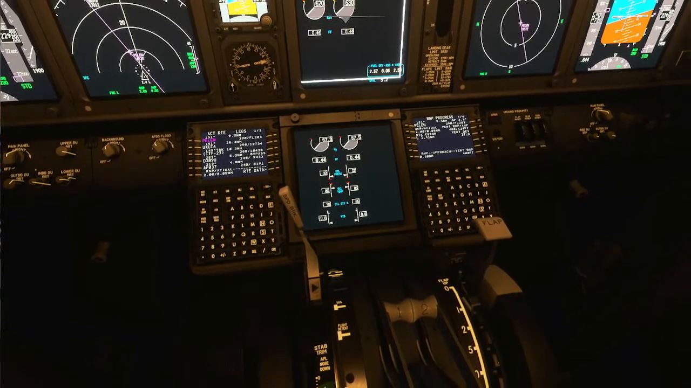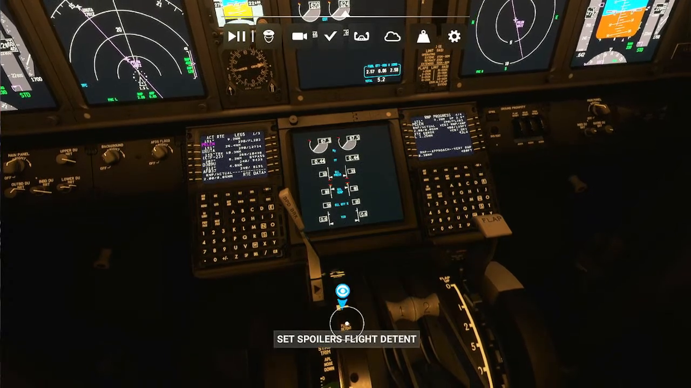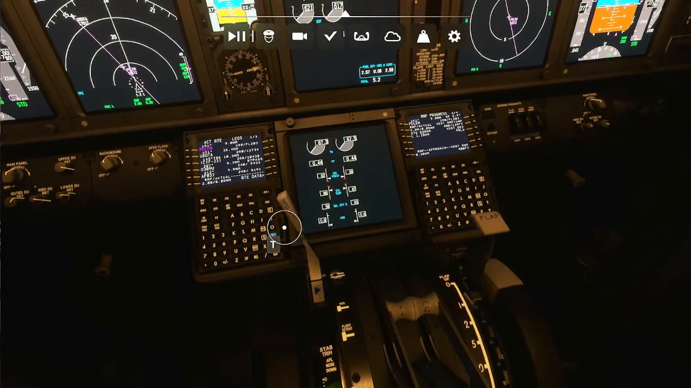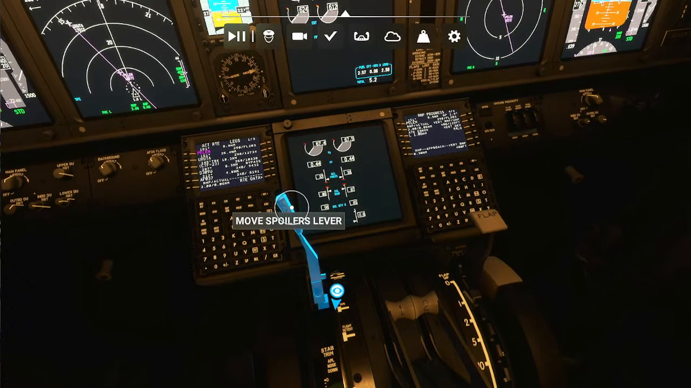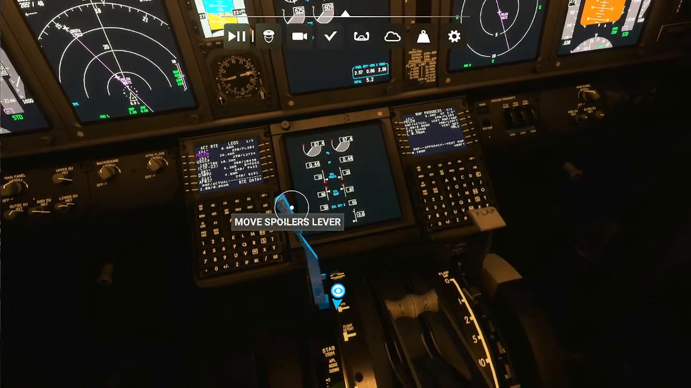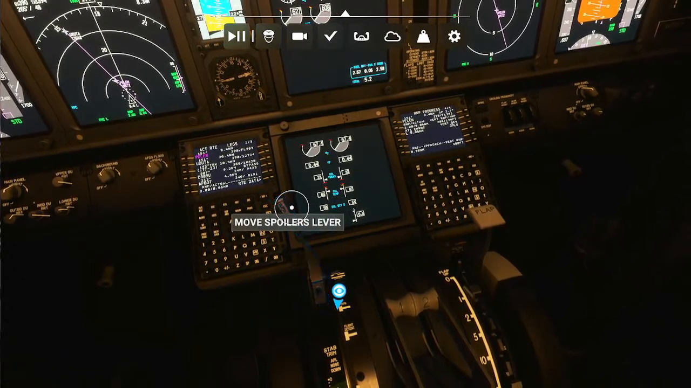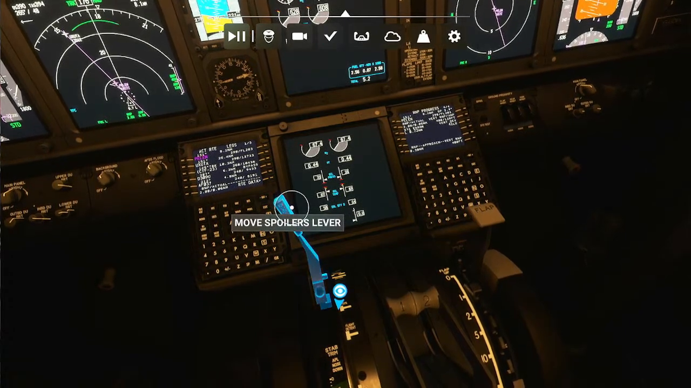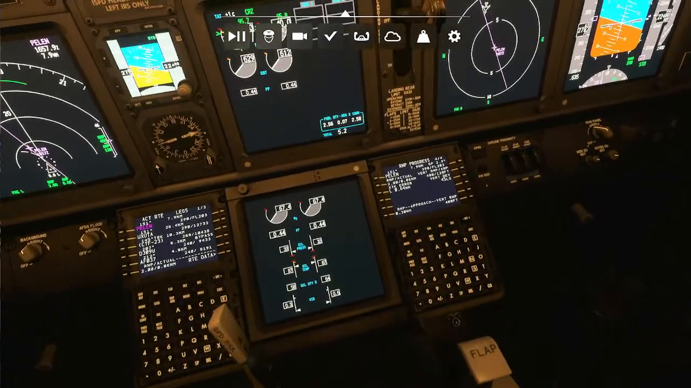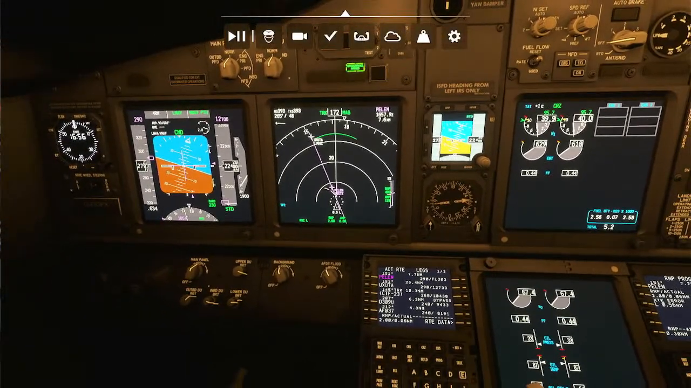Now, I like clicking the spot for the spoilers instead of dragging. Last time I used that lever and actually dragged it with the controller, it stayed flashing blue like this, and I couldn't deactivate it, and it really screwed up the flight. So